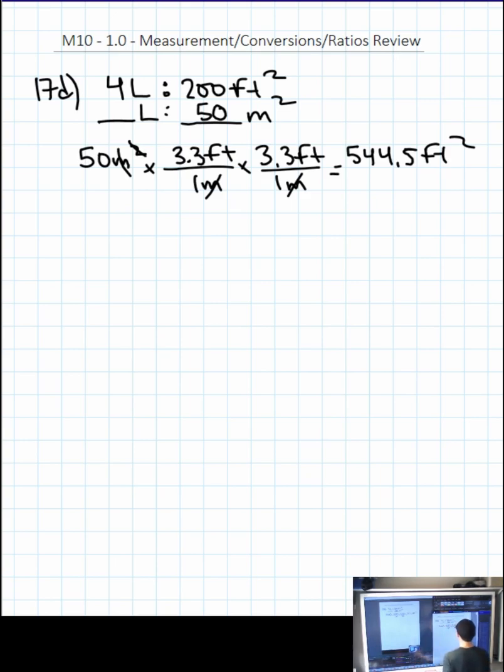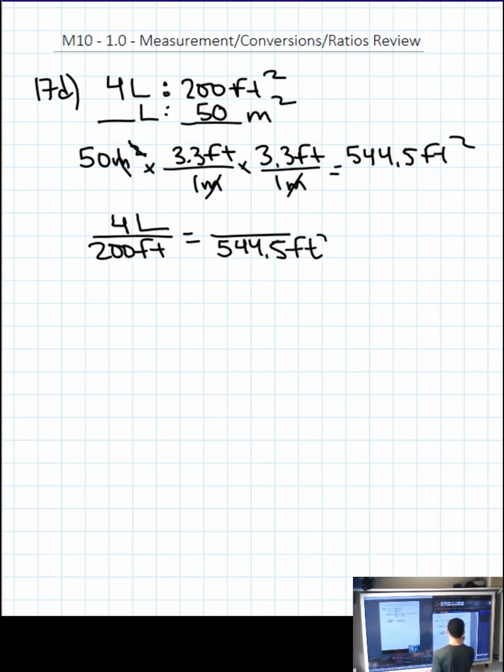So, if that's true, then we know that 4 liters covers 200 feet squared. Therefore, how many liters cover 544.5 feet squared? I forgot to square the 200 on the bottom left. So we just say, how do we get from 200 to 544, and we simply